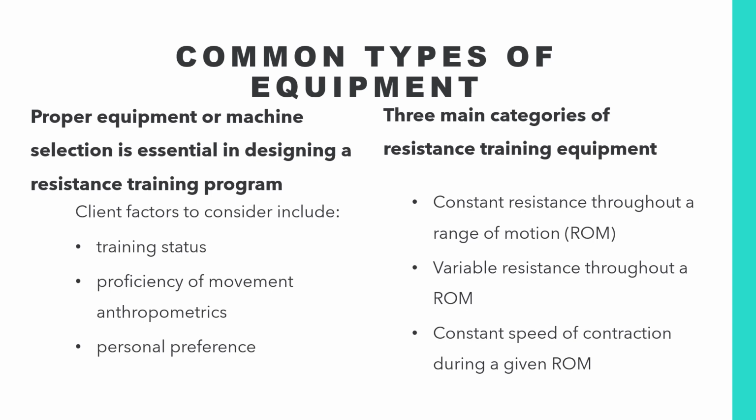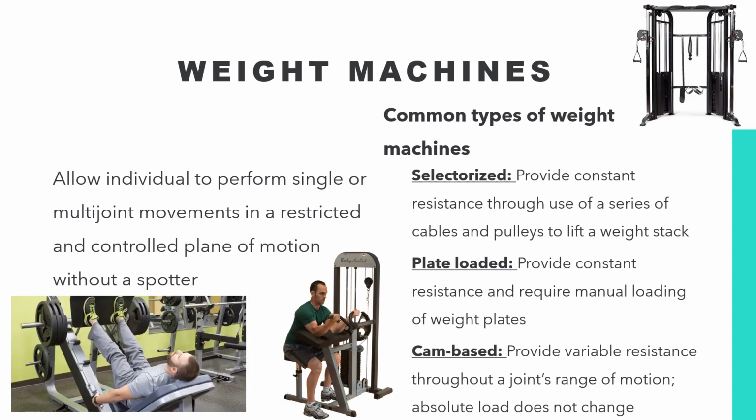Some resistance training equipment falls into three main categories. You have constant resistance throughout a range of motion, as well as variable resistance throughout a range of motion, and constant speed of contraction during a given range of motion. Each piece of equipment provides unique advantages, thus common types of weight training machines, free weights, and alternatives will be